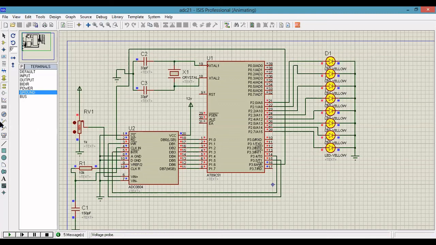How to measure the voltage: select a probe. You can stop the execution, select a probe, view it here. Okay, now you can run the program. See here, I am giving 4.9, that is 9995, which means I am giving 5 volt. So all the LEDs are on. So now I am decreasing the value. Automatically the LED output will change.